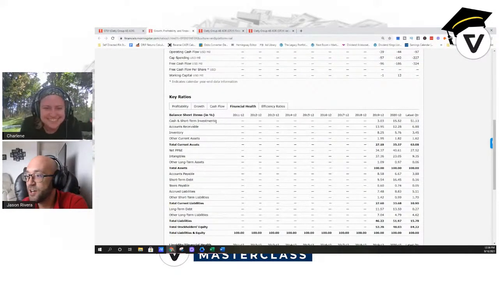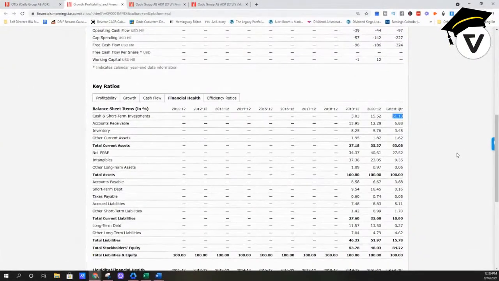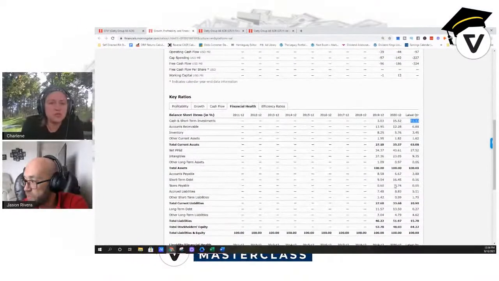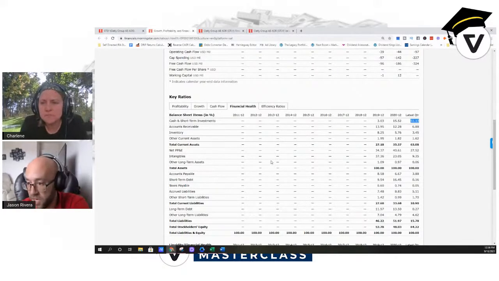Okay. So cash and short-term investments, their balance sheet is made up of 51% cash. That's a very good thing that gives the company a huge margin of safety, especially if they don't have debt, which they have only a small amount of debt. So that is very good. Now on this though, Jason, we don't know if that cash reserve is owner contributed or is VC. We don't know yet, right? No, we don't know yet. Okay, correct. We'll figure that out, to a degree, when we get to the balance sheet.